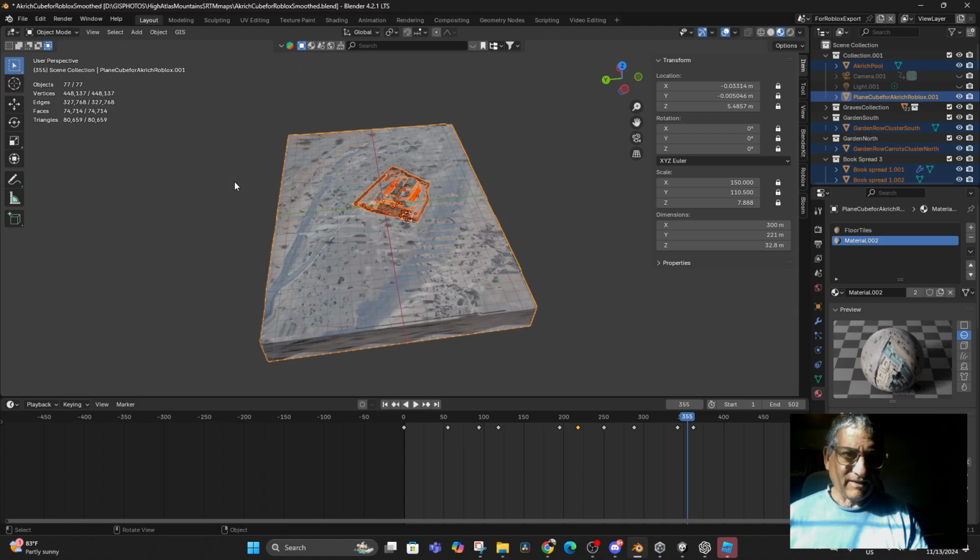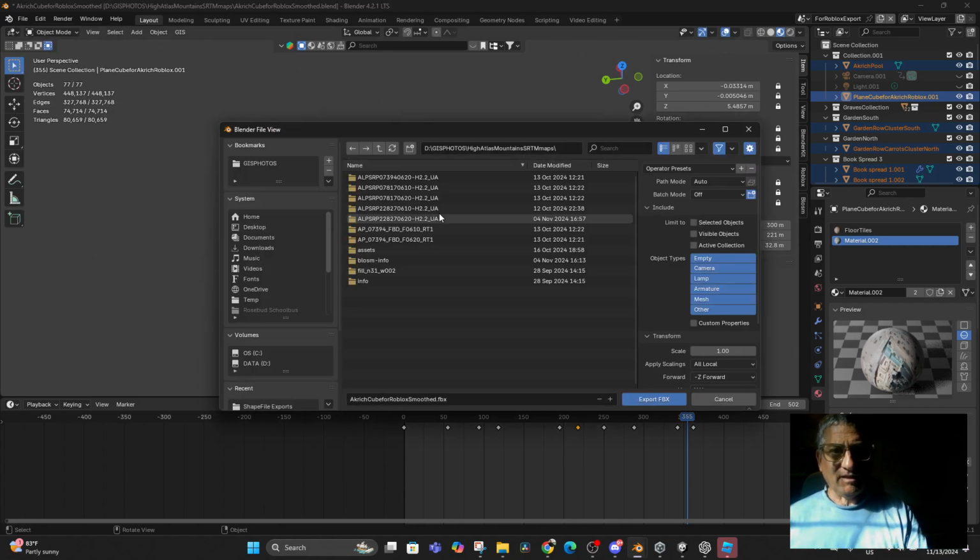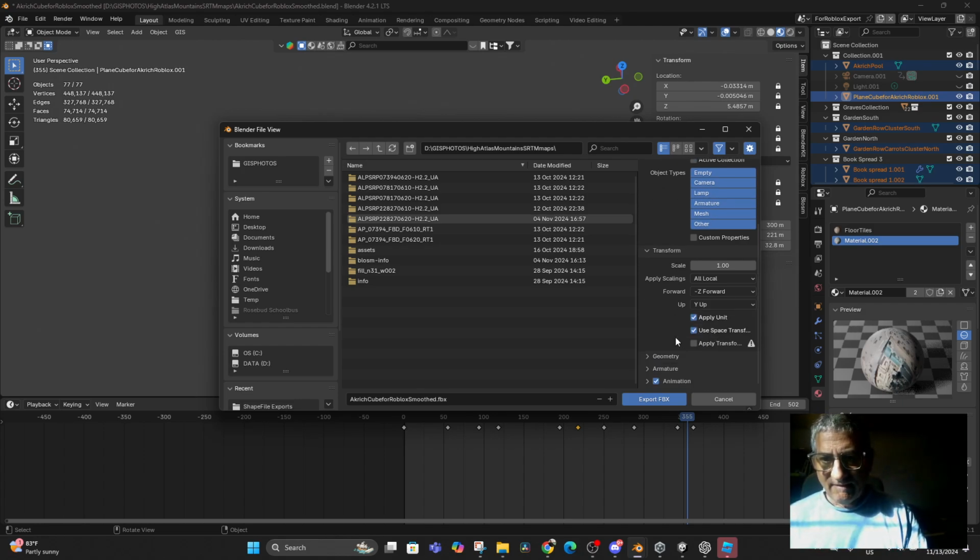So now if I select everything and I go to File, Export, FBX, and then do Selected Objects and Visible Objects, then do the scale down at 0.01, and export it